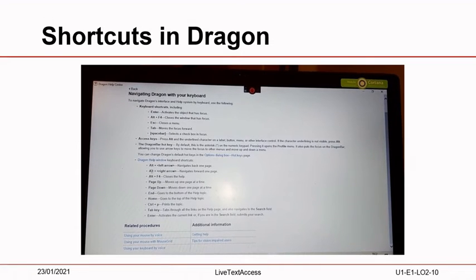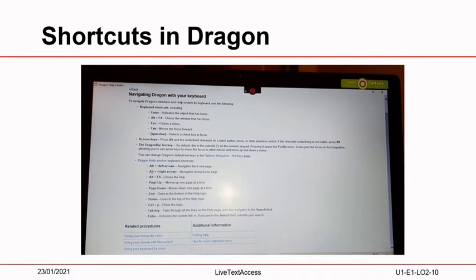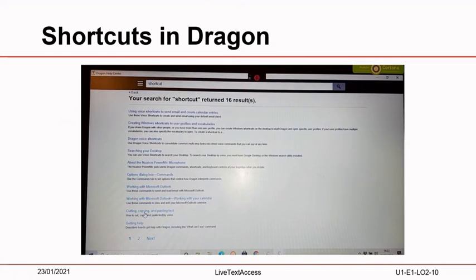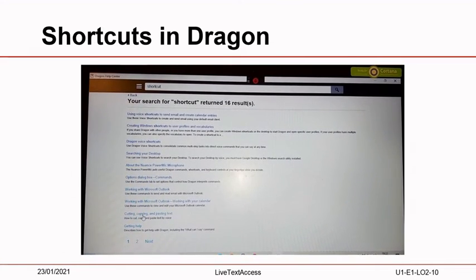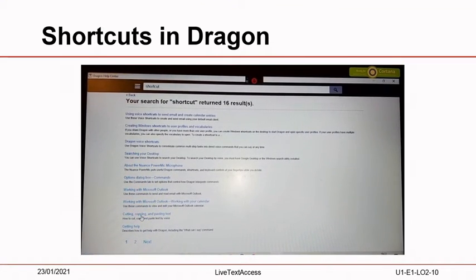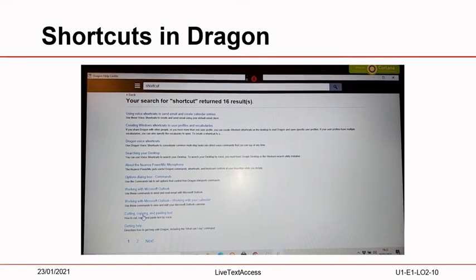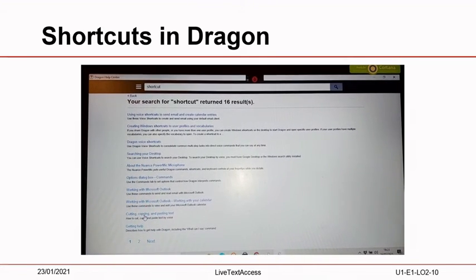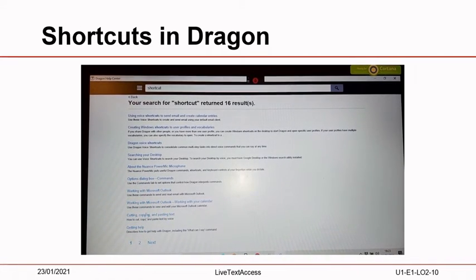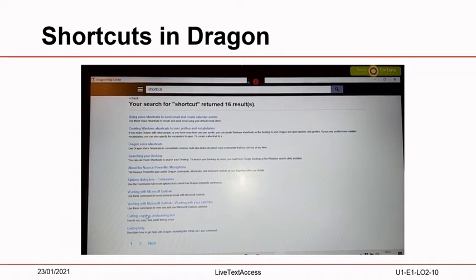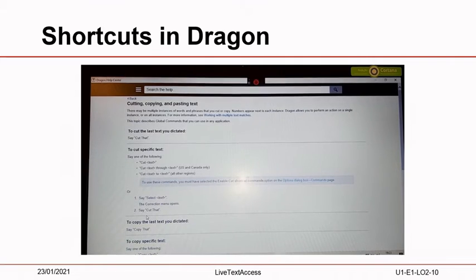Now I will go back and open another topic. I will show another characteristic of Dragon that other speech recognition programs have: vocal shortcuts. In cutting, copying and pasting text, we can find a list of vocal shortcuts we can use.